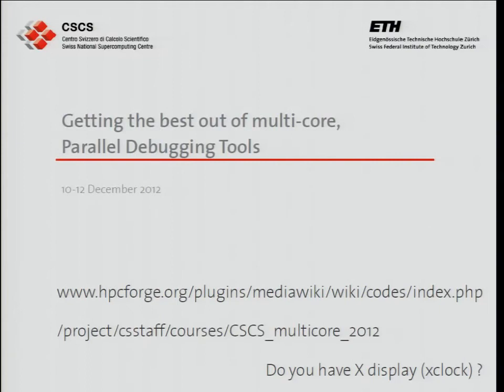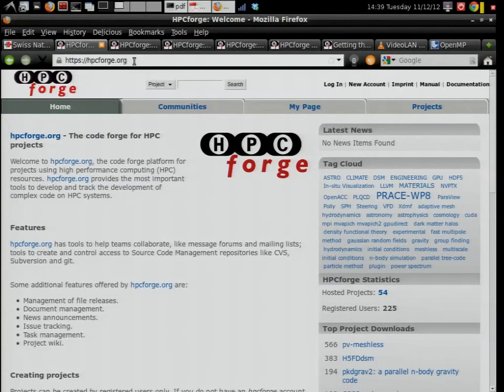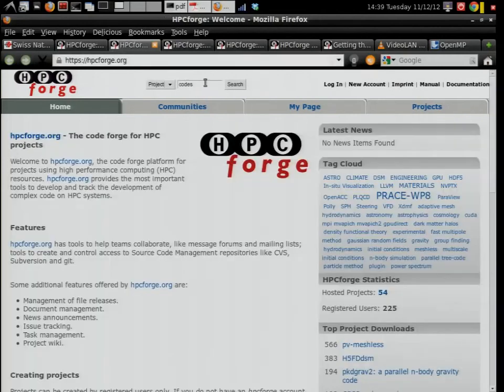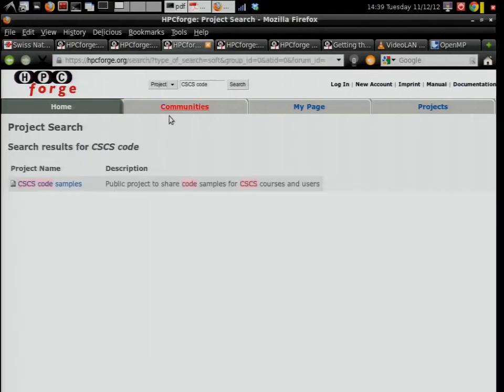There is also a website called HPC Forge that we use at CSCS to put all our development. So if you go to hpcforge.org and then you type CSCS code, you will arrive here.